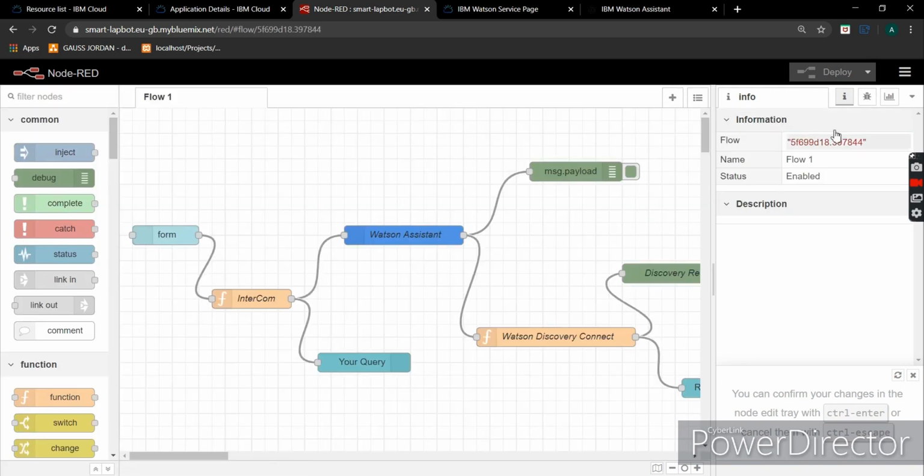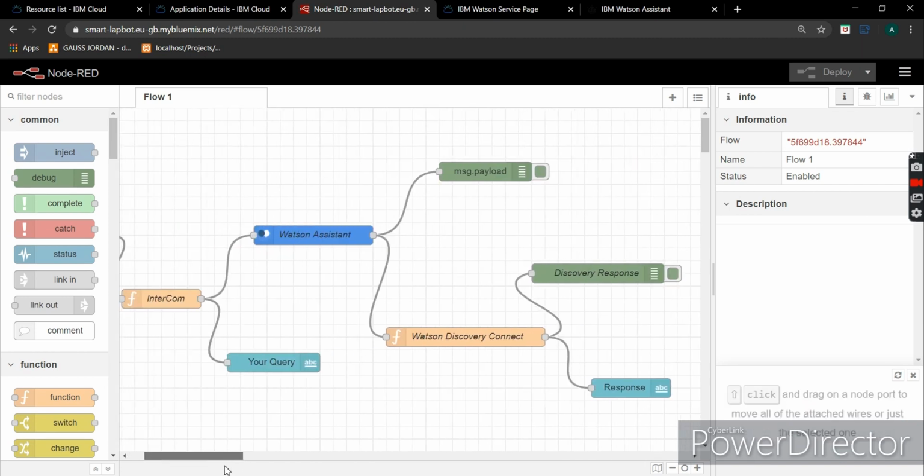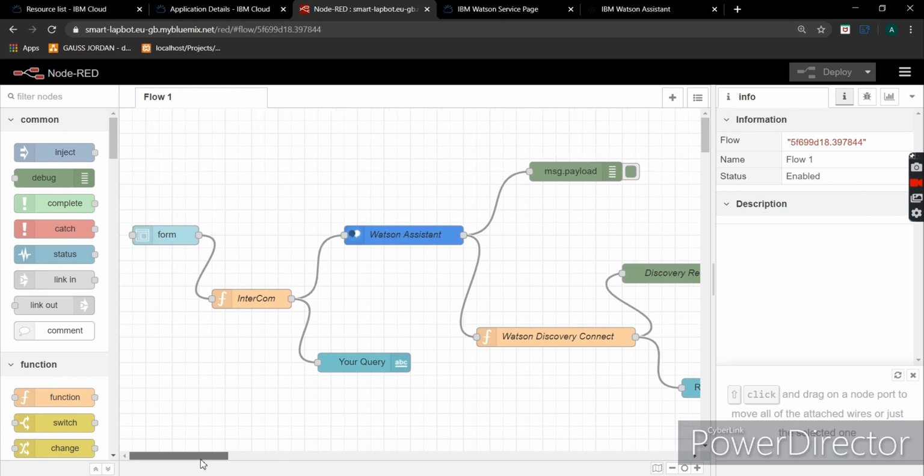So as you can see, this is the flow that I have designed that consists of several nodes that are integrated, starting from the form till the response I achieve from the bot. Now I am going to explain one by one the functionalities that are involved in all these nodes. So first let's talk about the sky blue, which is showing form. In the Node-RED UI, you need to create nodes which pass on the control from one to the next, and another and another. In this flow, it leads from the form till we get the response from the assistant.